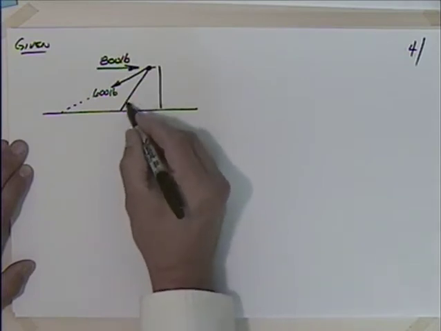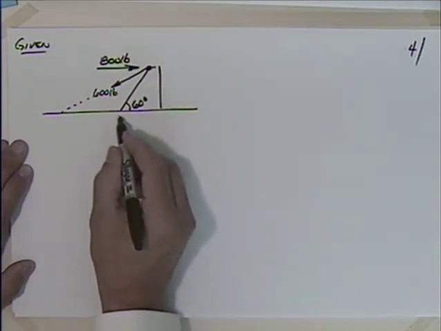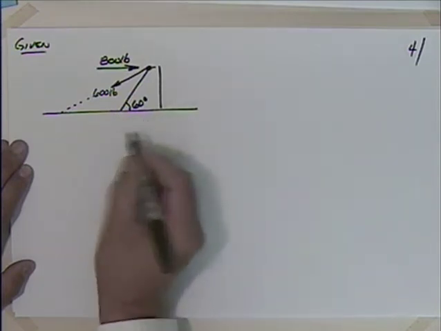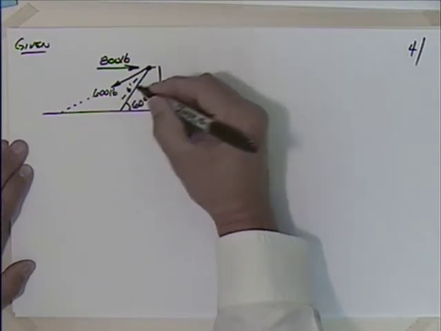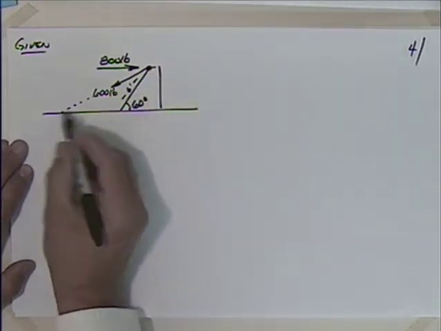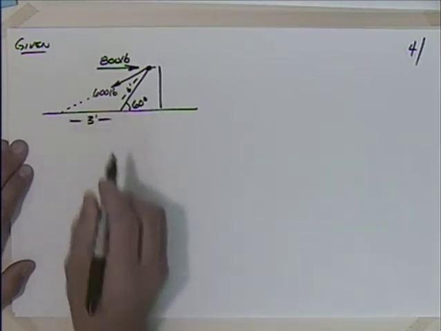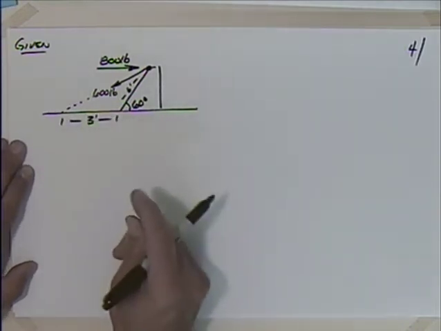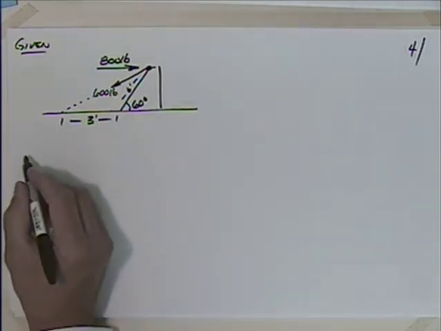We're told a few things about here. We're told this angle is 60 degrees. We're told that this distance here is 6 feet. And I haven't drawn this to a very good scale, trying to make it so I could see the writing in here, but this is 3 feet, so my scale is a little bit off on this. Okay. So what we would like to find then